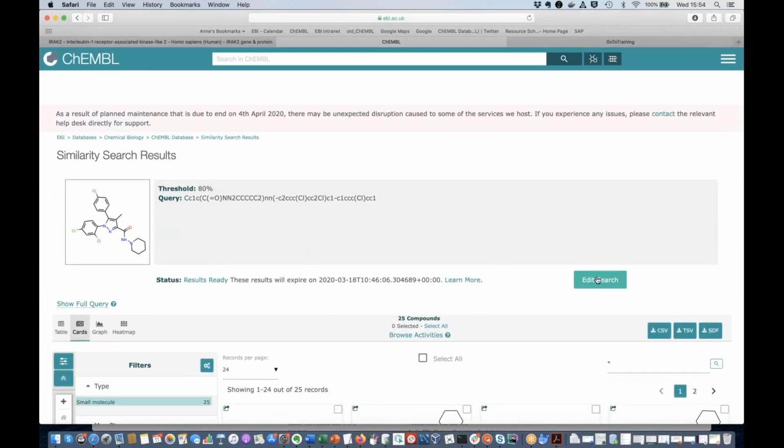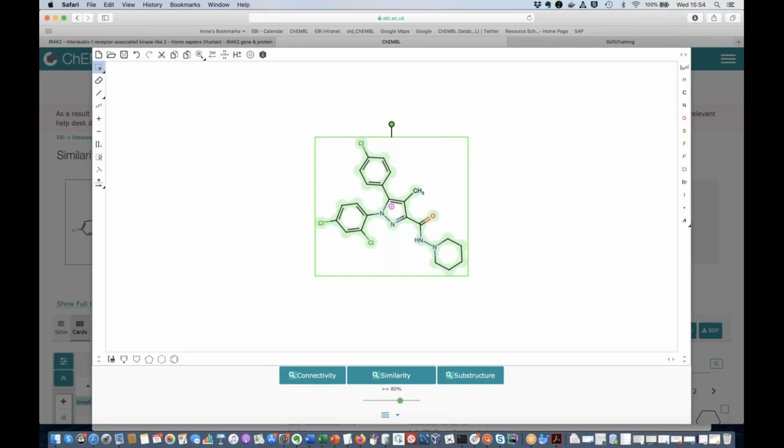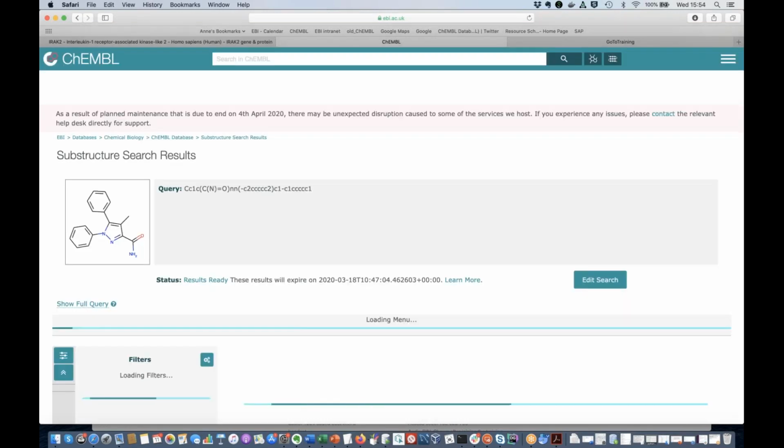You can at any point then go back and edit your search, and it brings it back into this search box. So if instead of doing a similarity search, you want to do a substructure search, you can edit your molecule, do a substructure search,